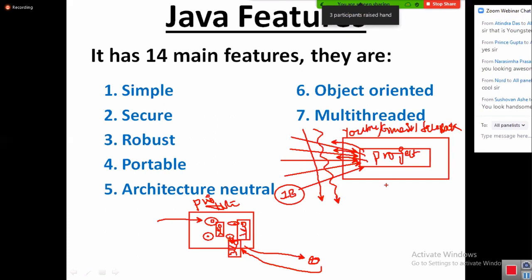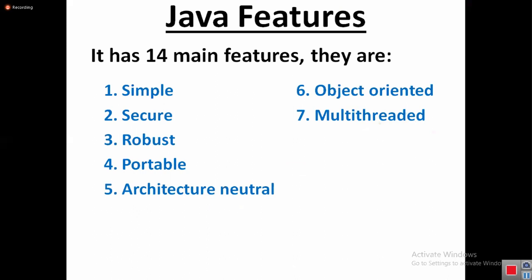Then tell me, in a project also we have separate servers. Separate servants are there. That servant is called what? Thread. So as many requests as you pass, that many threads are created. The thread takes care of processing your request and returning your response. Everybody understand that? So finally, what is multi-threading? Multi-threading is the process of executing multiple tasks at a time simultaneously. For executing each task separately, a separate thread is created in the background.